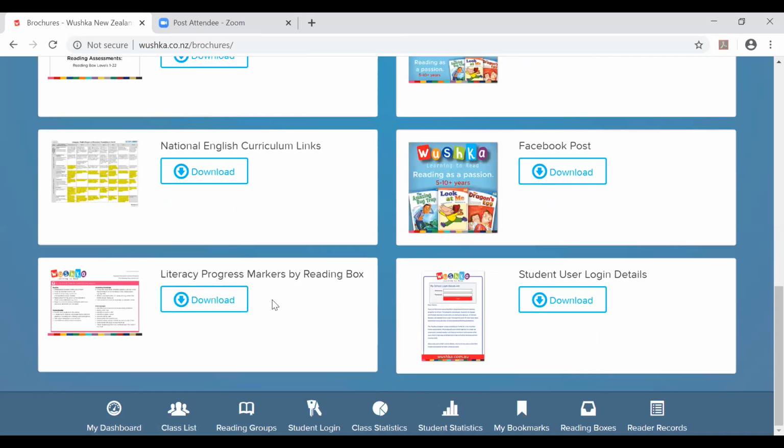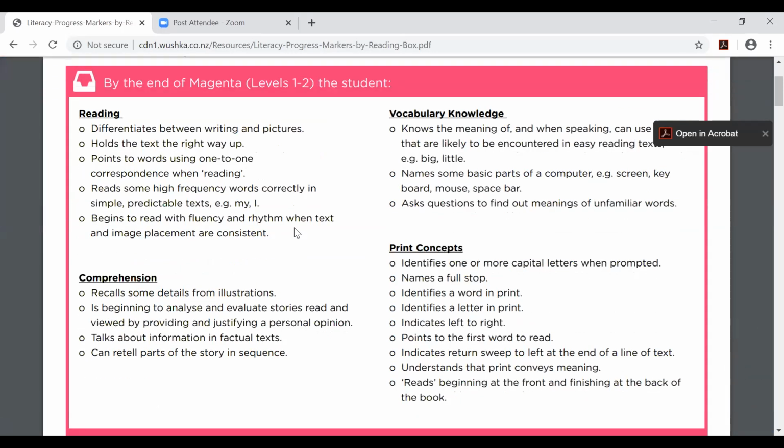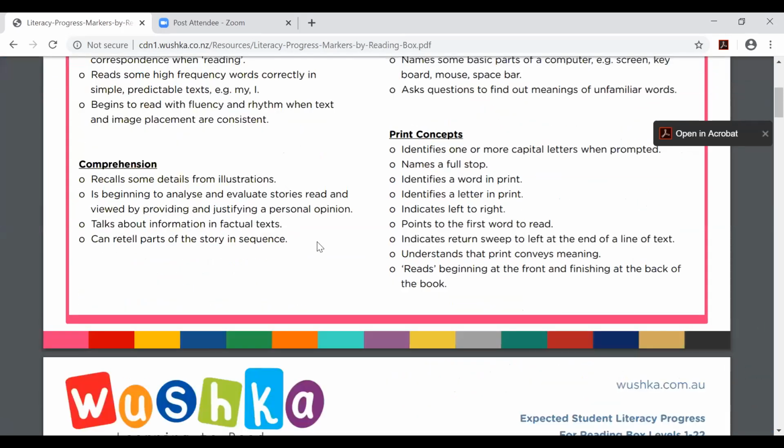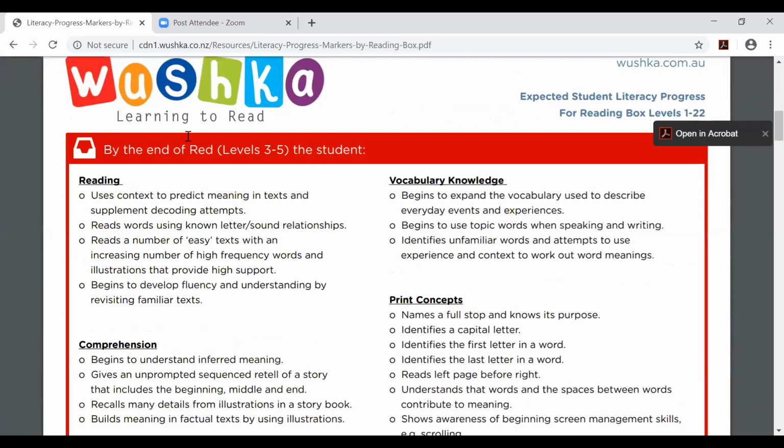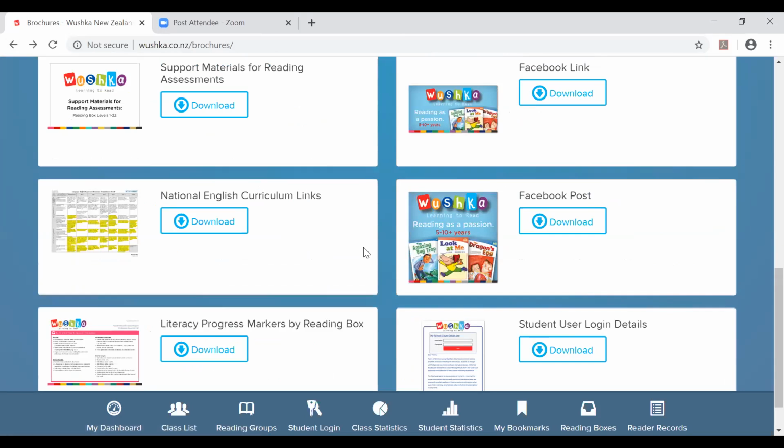Also there's literacy progress markers by reading box. This is a familiar document that just gives you a tick box to give you confidence before progressing your students to the next level in Wushka. So that's all there under helpful resources for you.